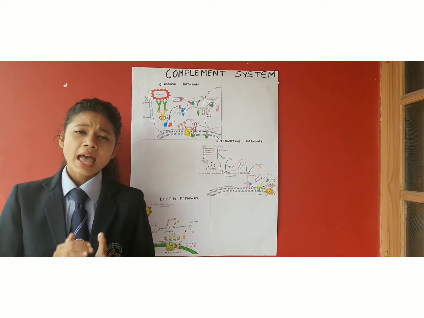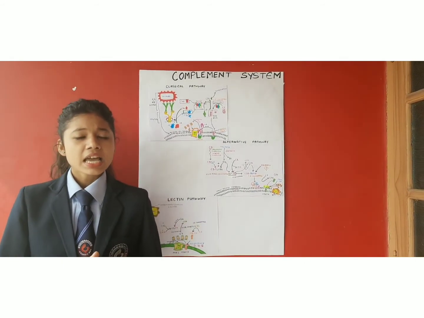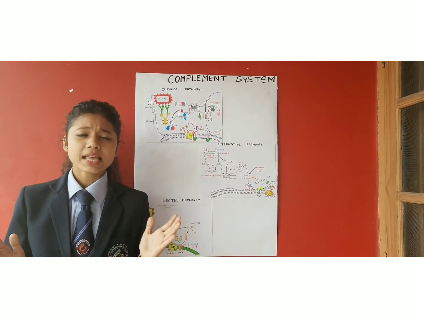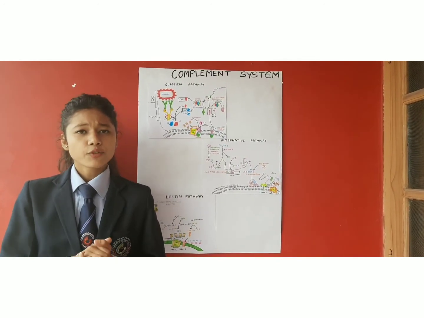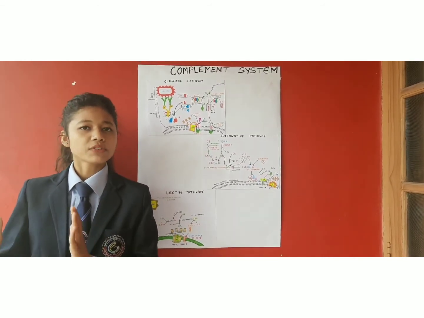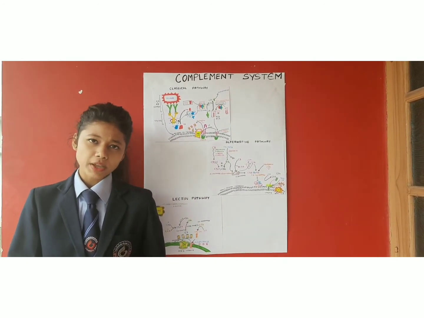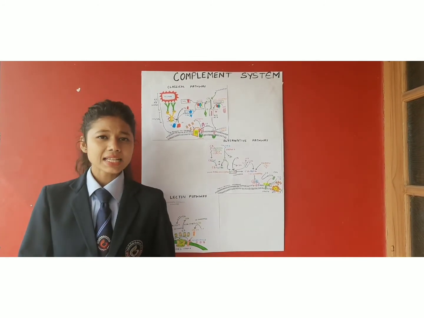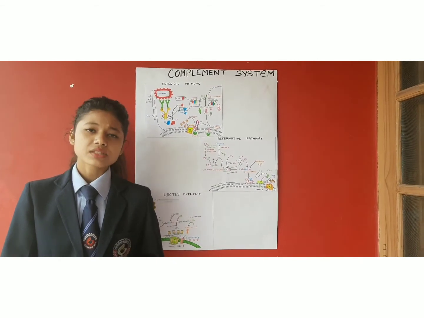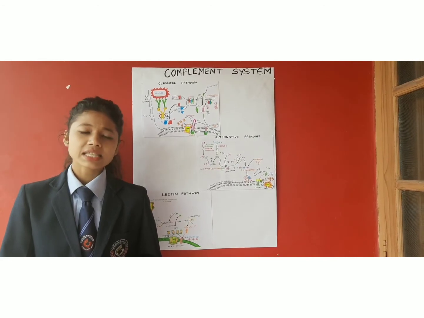Now to this, MASP1 and MASP2 bind together, forming a C1-like complex, which acts like the C1qr2s2 of the classical pathway. Now this C1-like complex acts upon complement proteins C4 and C2, which will cleave C4 first and then C2 further. C4 into C4a and C4b, and C2 into C2a and C2b, forming the complex C4b2a, which acts like C3 convertase. As the name suggests, C3 convertase will convert C3 into C3a and C3b, forming the C4b2a3b complex, which acts like C5 convertase.